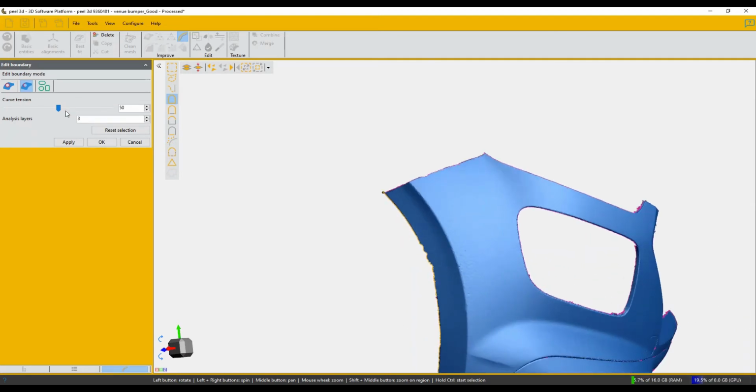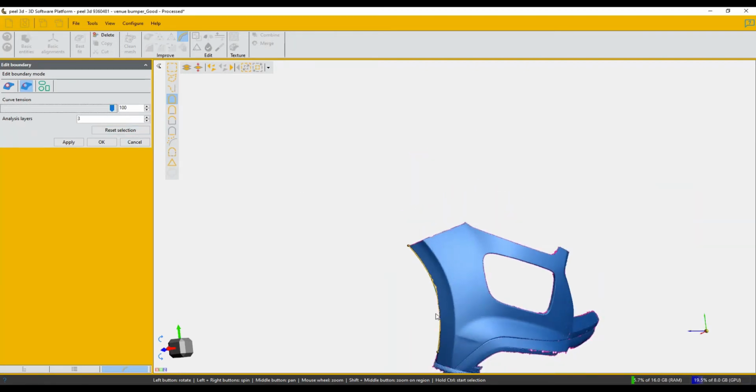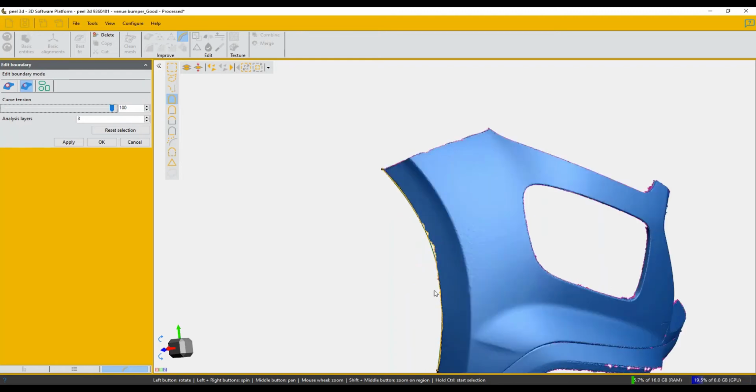We can manipulate the curve tension, and we will see a preview of the curve. As we manipulate the tension, we can now see we've got our green preview there. If I apply too much tension, it's essentially going to create a straight line between my start and stop point, which we don't want. So we just manipulate the curve tension until we get a nice smooth curve flowing between our points. And once we have the desired tension, we'll back it off a little bit here. You go ahead and click apply, and the tool will go ahead and manipulate the boundary for us and